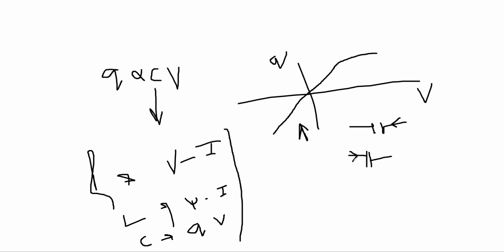One more thing: the capacitor is linear in nature, it is bilateral in nature, and it has a positive slope like this. If you take the slope of this curve, it is positive. If the slope is positive, it means the capacitor is a passive element. I will discuss all these elements in detail: what is a unilateral element, what is a bilateral element, what is a passive element, what is an active element, one by one.